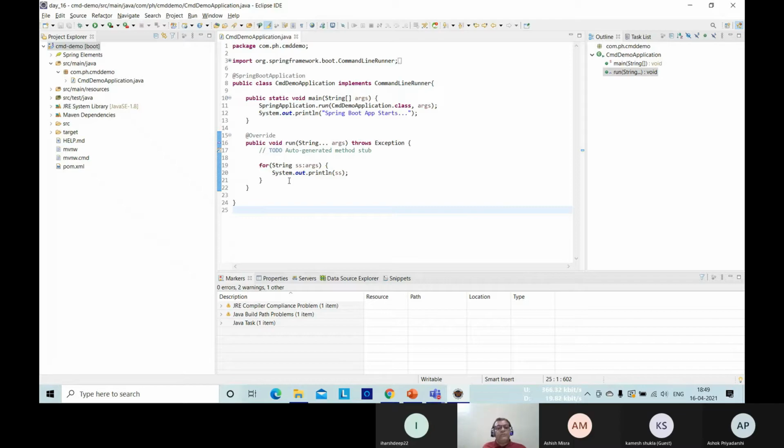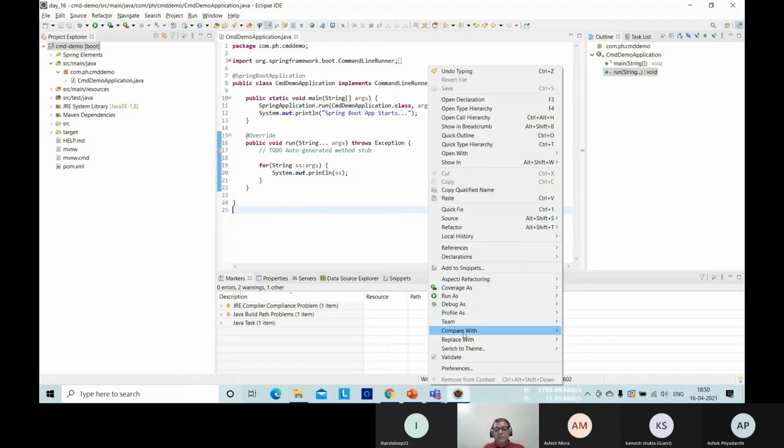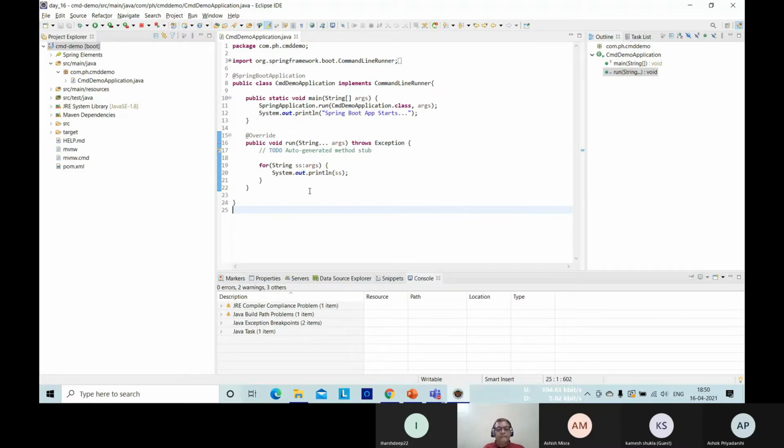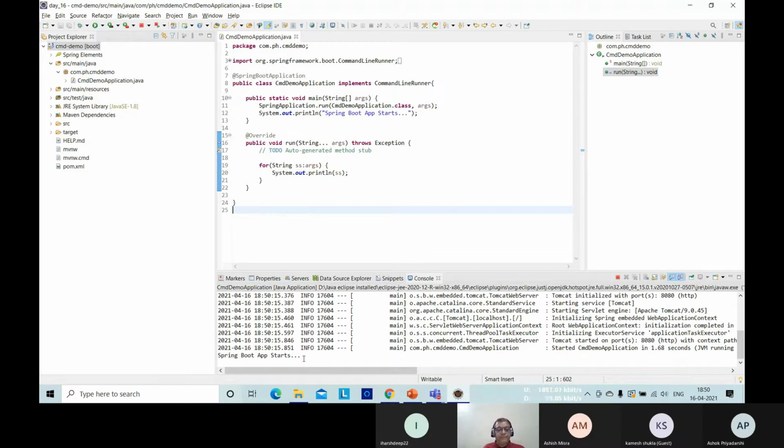Let me run first without any parameter setting. Since we are not passing any arguments or parameters, and without setting any parameters, if I run, what happens? Let's see the behavior. Simply it comes here.